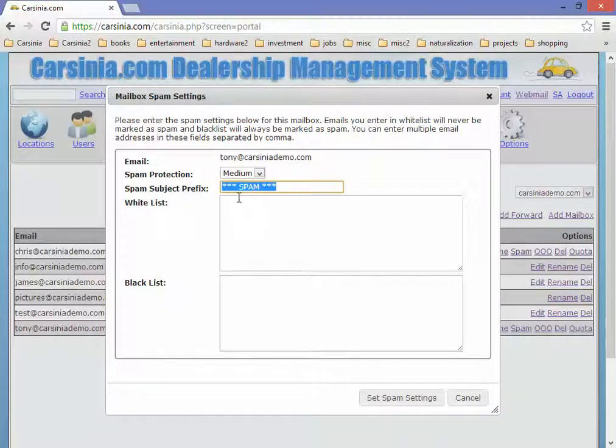So you can change this prefix. You can say anything that you may want here, or you can just simply delete it if you don't want to see anything. So based on the score, if it's beyond a certain score, then we basically put this prefix here. But if you would like higher spam protection, that means the bar gets lower. So certain emails that normally would not be marked as spam, if you set it to high, they're going to start